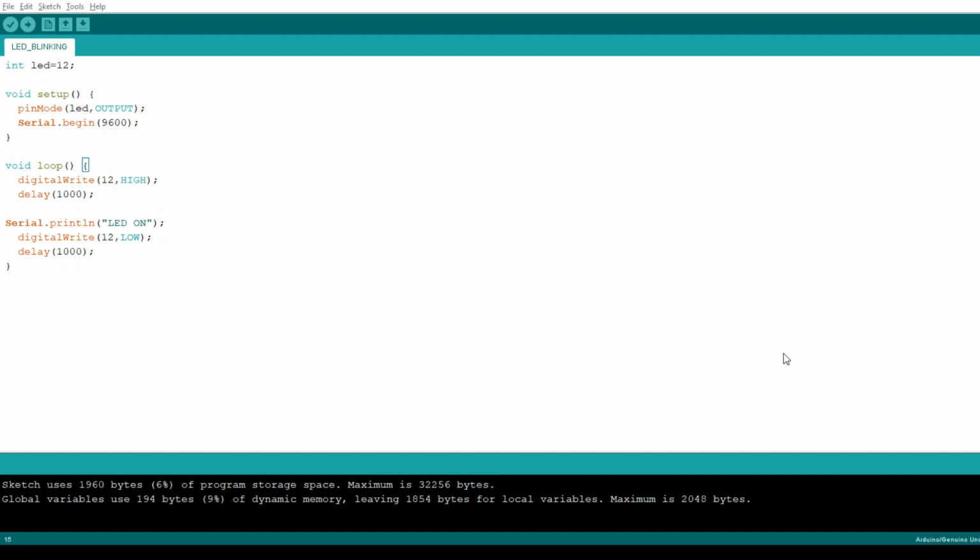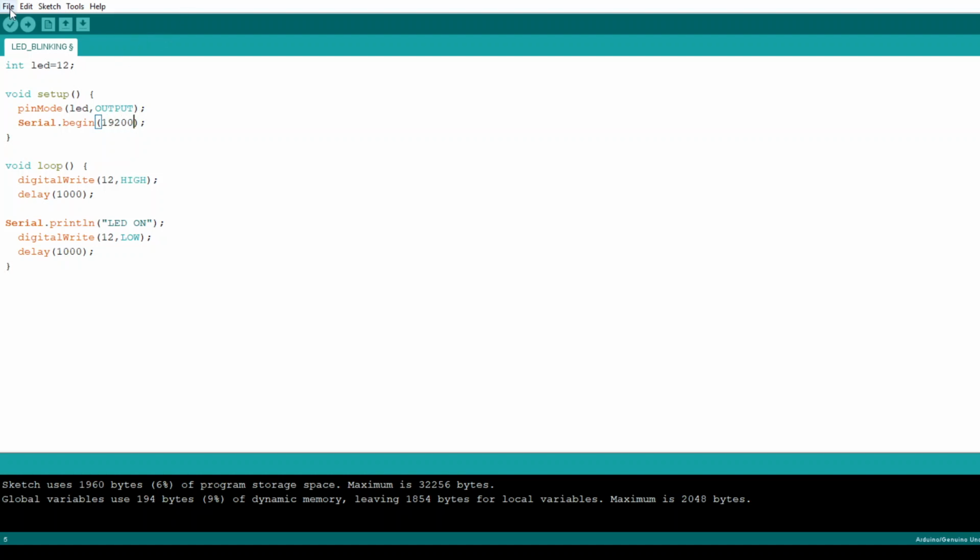If I change the baud rate, it doesn't receive any data. Here I am changing to 19200 baud rate. Since the code is set to 9600, here 19200 receives no data. So if I change it, the data should be received.